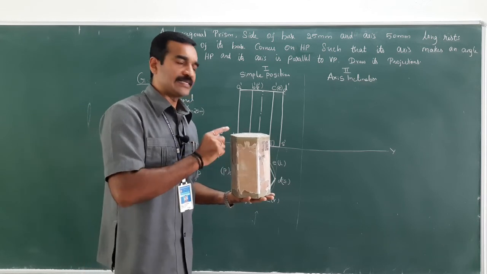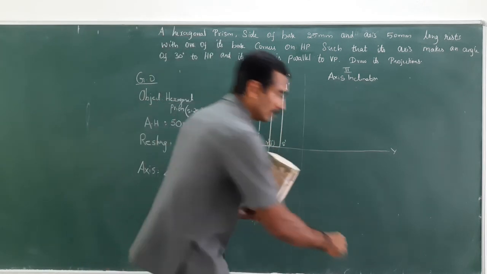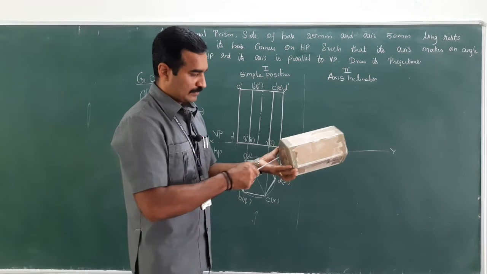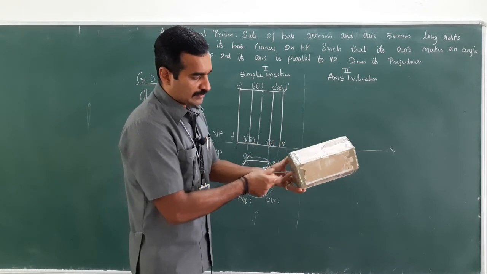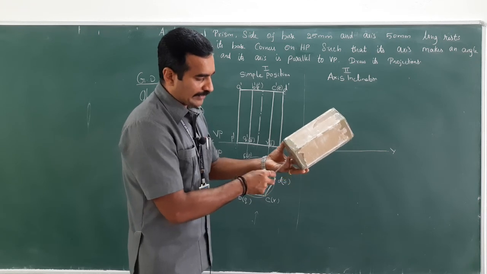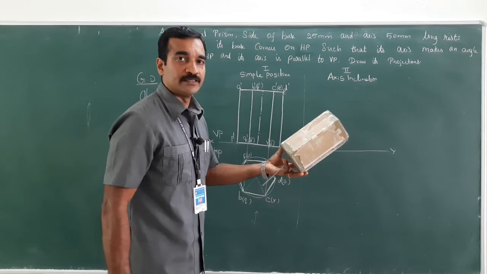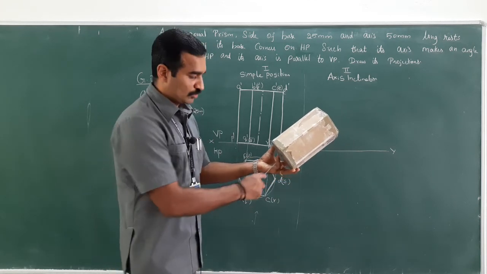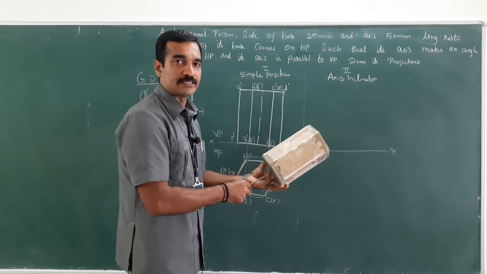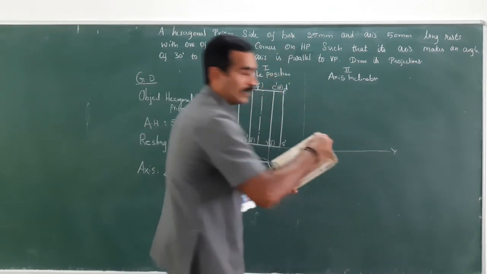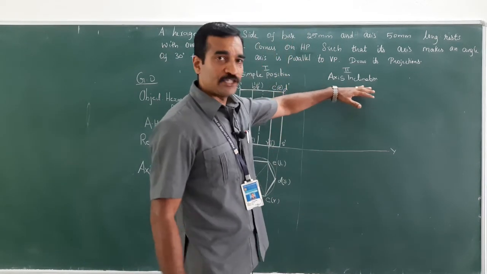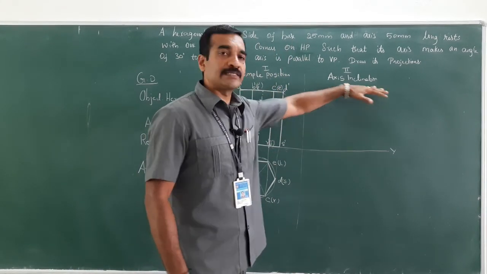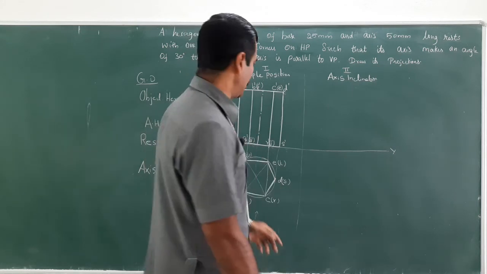Now the axis is inclined at an angle of, so assume this is axis. This axis is inclined at an angle of 30 degree with HP. So this makes an angle of 30 degree. This is what the final front view and top view we need to draw. This stage 2 pertains to axis inclination or final position.